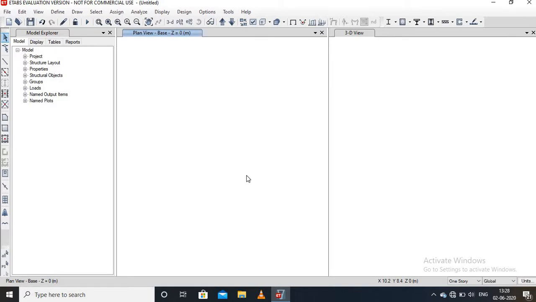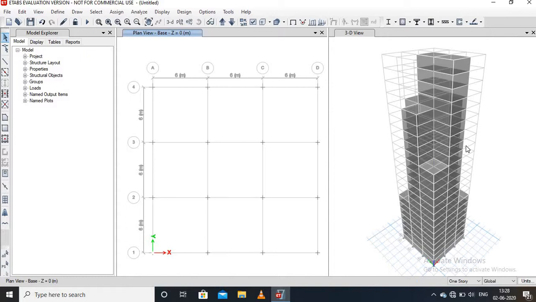It is taking some time, so wait. Therefore, we can see in the display the structure of the tall building of 23 stories. The 3D view of the 23-story building is shown.